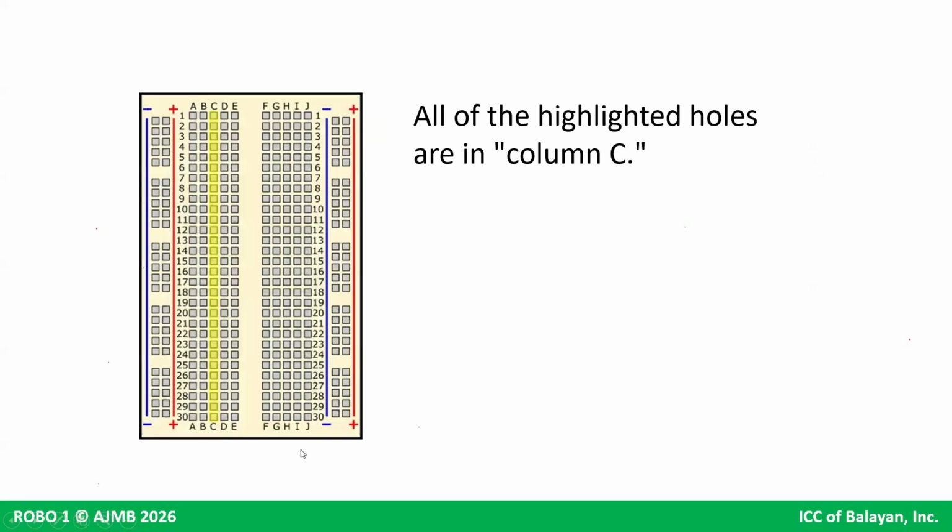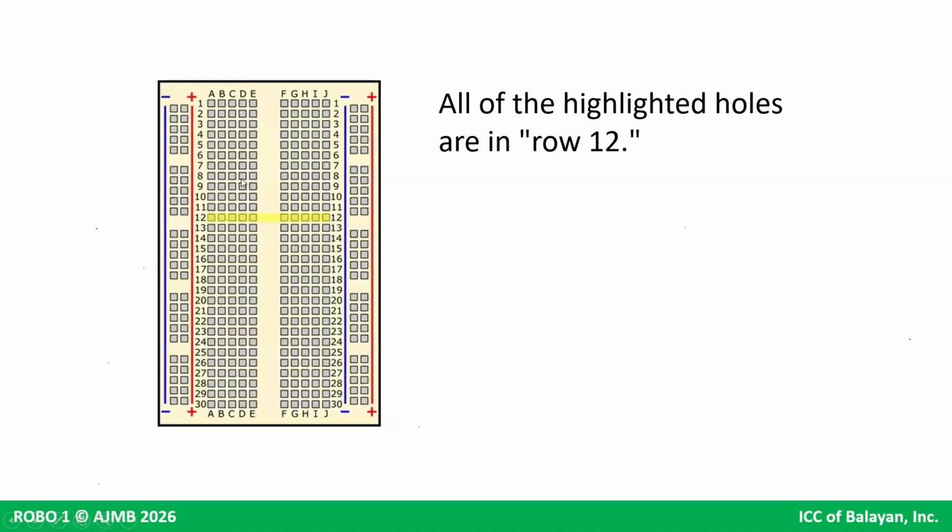So let's just take a look at the different markings that we can see in the breadboard. Okay, so naka-highlight dito yung mga holes. According to the label, meron akong 30 holes here sa terminal strips na ito, area na ito. That's column C. All of these are column C. All of those holes. And then when I say row 12, all of these holes, these two groups of 5 holes here on the left and on the right, those all belong to row number 12.